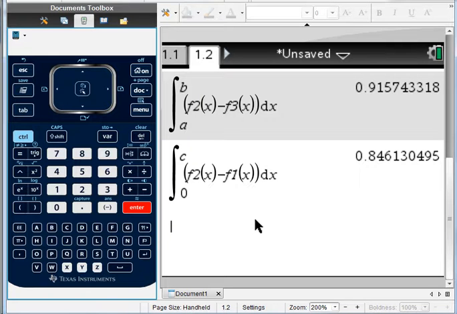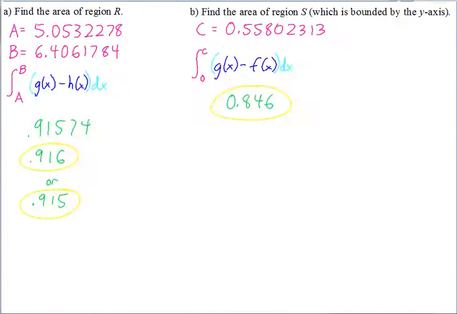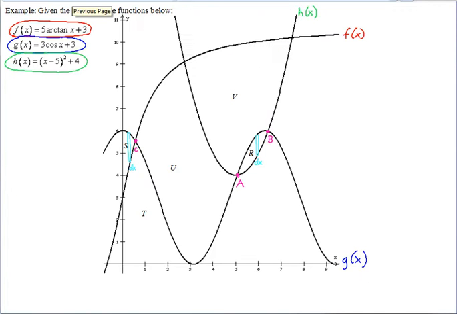Okay, let's look at our next region. The next region we're finding is the region T, which is bounded by the x and y axis. So region T, so we've got the y axis and x axis as boundaries. What's different about this one is when you draw the rectangle in there, it's not always between the same two curves. You can see if we draw a representative rectangle right here,